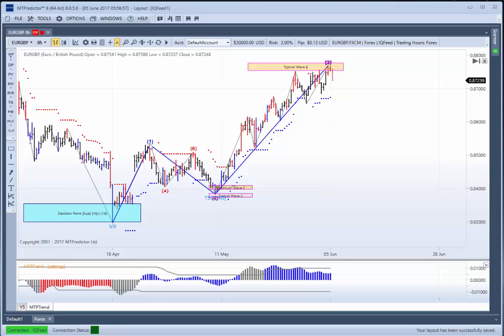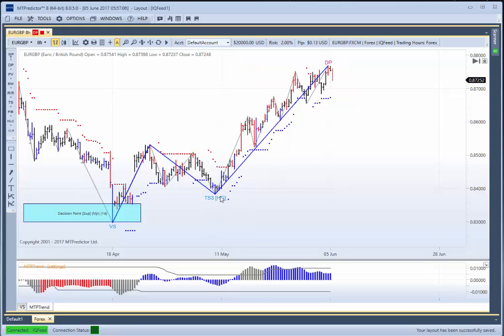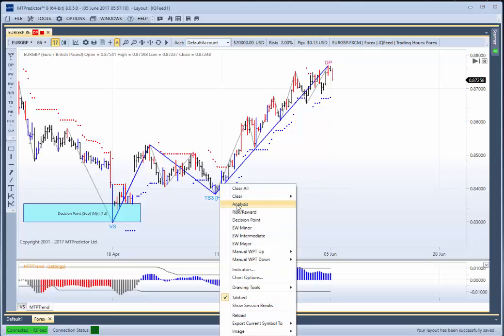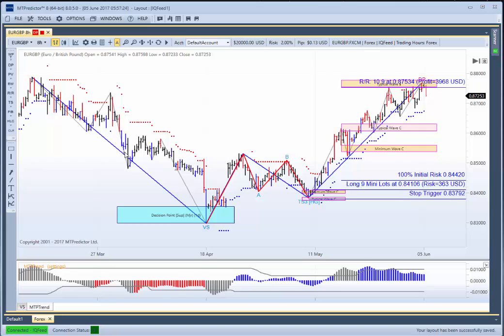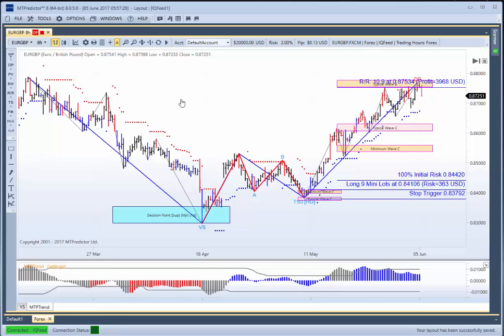The initial rally would be wave 1, the initial correction would be wave 2, subdivides into an ABC. We're then anticipating a strong wave 3 swing. If I clear everything off, that is then our Holy Grail trade setup. Right mouse click, do analysis, and that is why the profits are large in relation to the losses, because we're looking to trade the wave 3, which is the strongest and longest swing in a completed 5-wave sequence. As we've seen, there will be losing trades, we saw here earlier, but the trick is keeping those losses small.